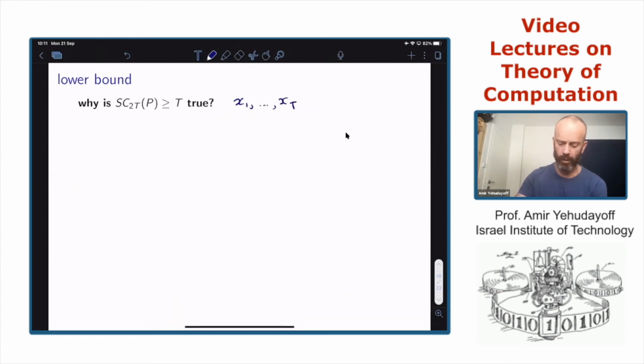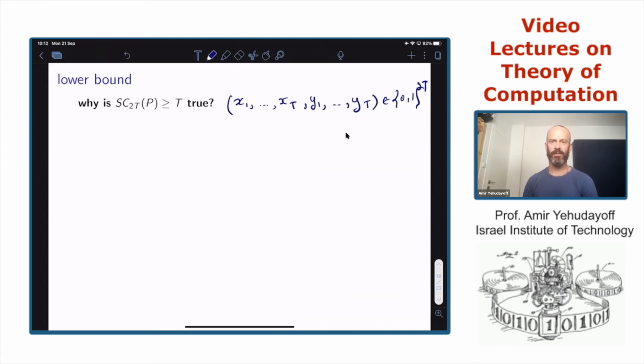And then it will be more convenient to add new symbols, y1, y2 up to yt. This is a string of length 2t. This is the input to a streaming algorithm up to time 2t.